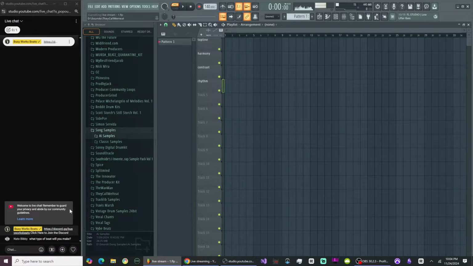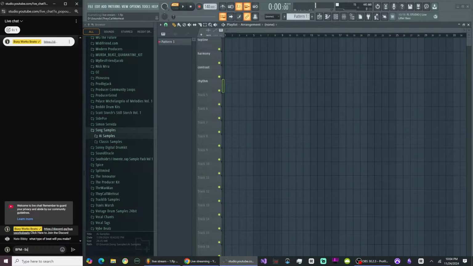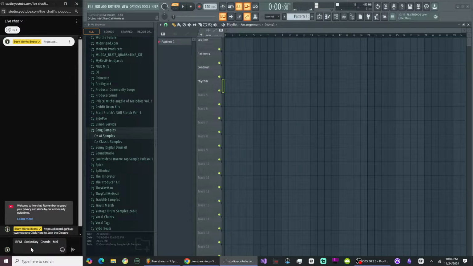There's a 9-step process. I'll write it in the chat. But basically, the first thing we need to do is pick a BPM. The BPM is the core frequency of the entire track. Next, we're going to pick what's called a scale, or some people call it a key. The scale is going to give us the defined set of notes that we want to use. The BPM is going to give us the set tempo. So it's BPM first, then the scale or the key. Then we're going to write out our chords. Then we're going to do the melody.